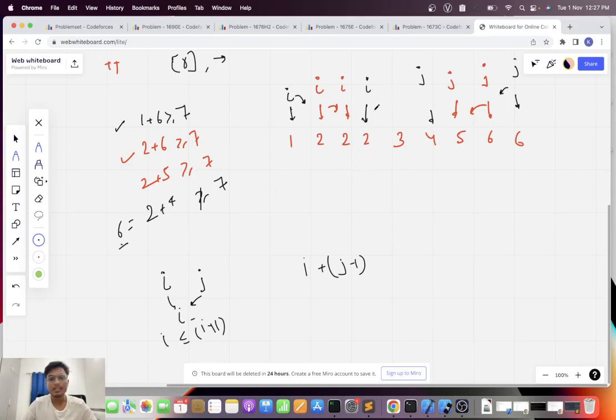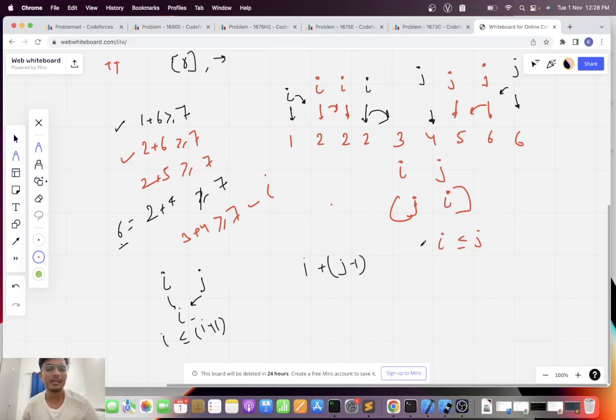So in this case, if the sum is not equal to 7 or less than 7, then I will increase only i and not change j. So now i will be 3 and j will be this one. So i and j, that is 3 plus 4, is greater than or equal to 7. So I will increase my answer, and now increase i by 1, so i will point here and j will point here. So I will exit from the while loop, because the while loop runs